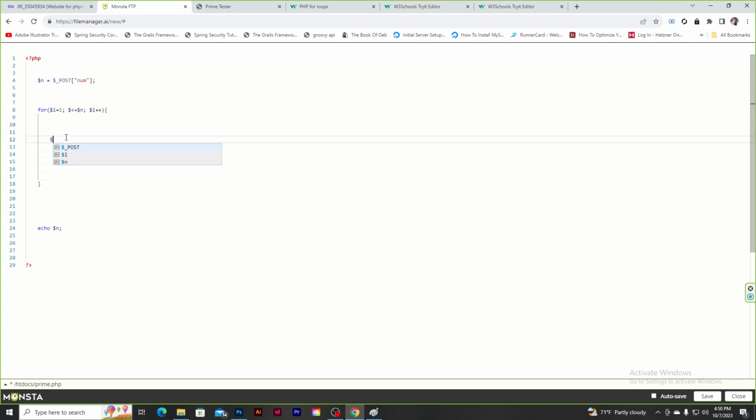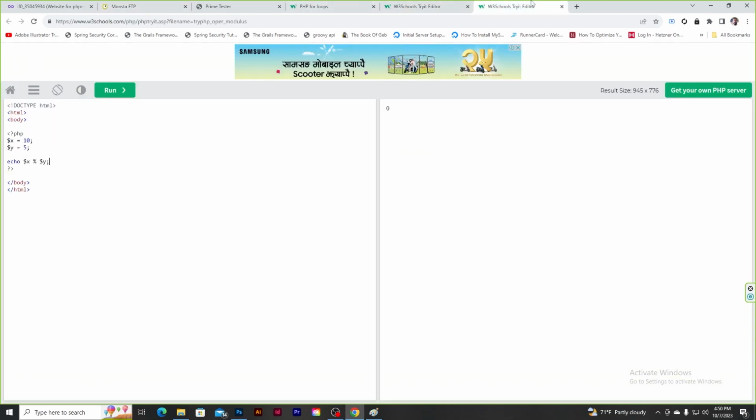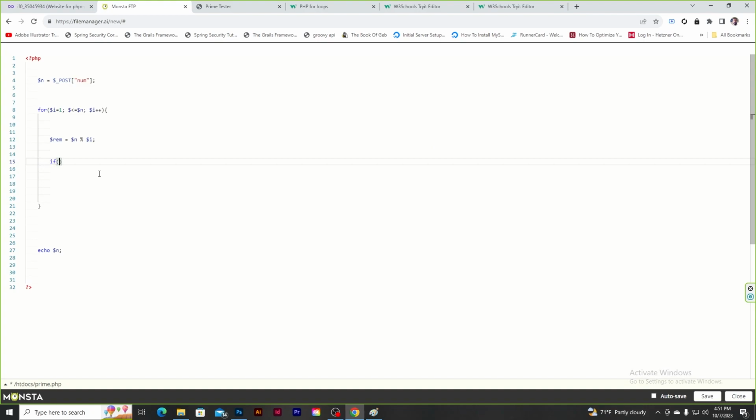So let's create a variable called rem for putting the remainder, and let's calculate the remainder. So n modulus $I. What this does is it divides n by $I, and it saves the remainder in this variable. Okay, now the next thing we need to do is check whether the remainder is 0 or not, right? So if the remainder is 0,